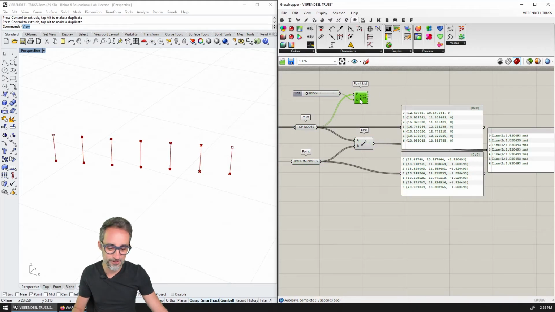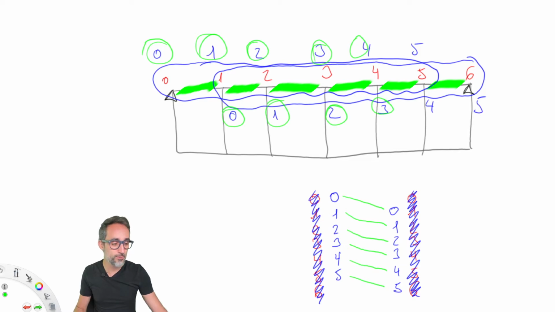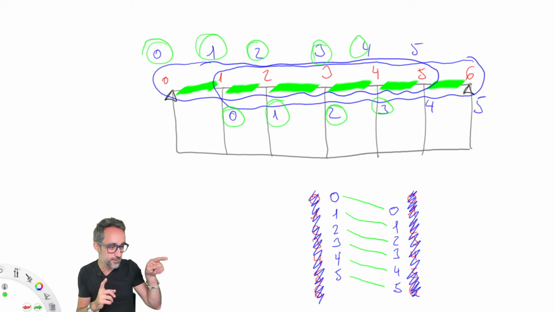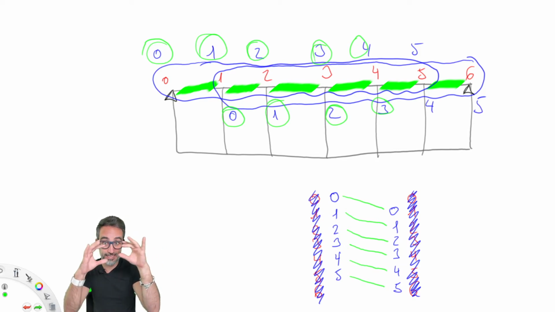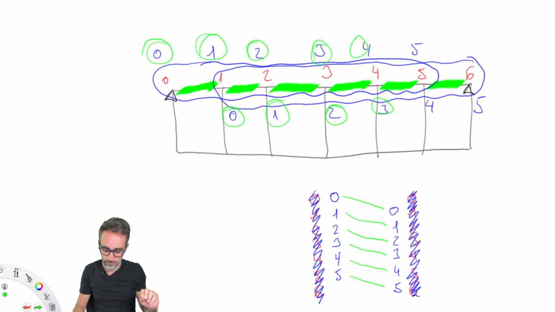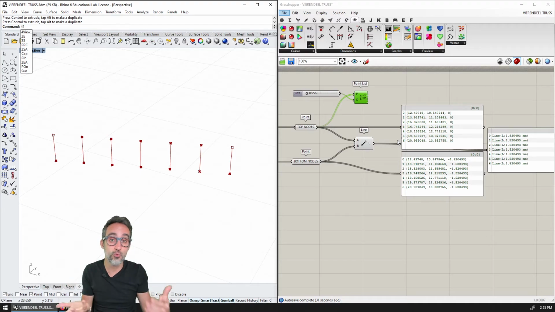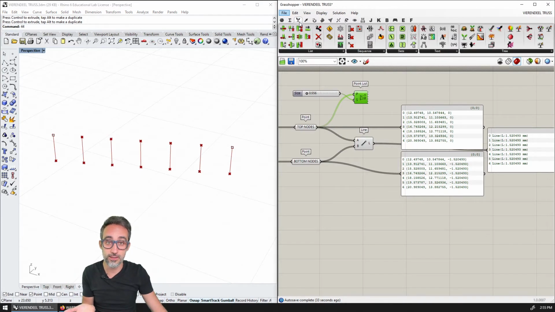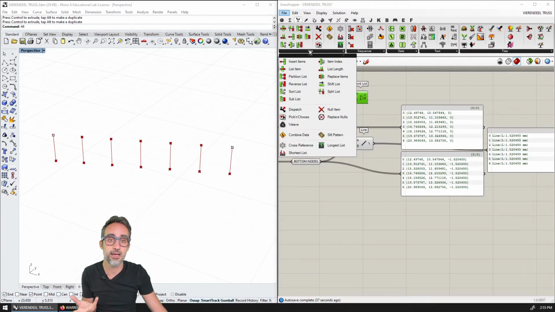Let me turn this off. So first thing I'm going to do is create the first list of points, which is the same vertical nodes, the same nodes on the top without the last element. We have several ways of doing that, but remember it's going to be under the Sets and List category. We could use Shift List like I explained before, but that's a little more advanced or perhaps more confusing. So I'm going to start with Split List.